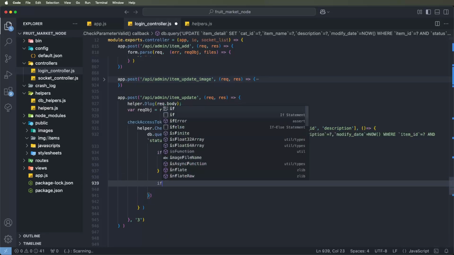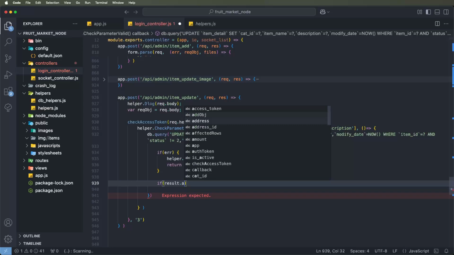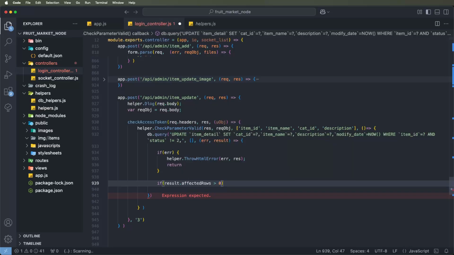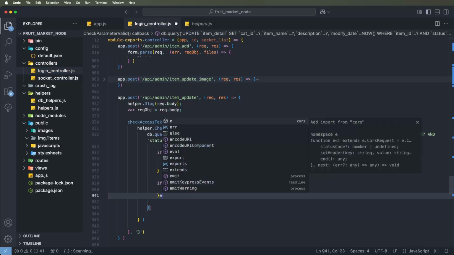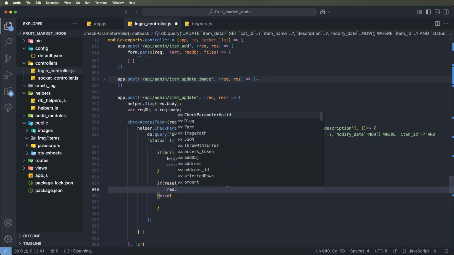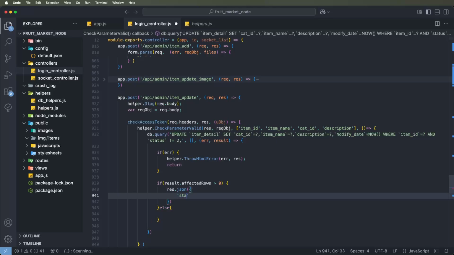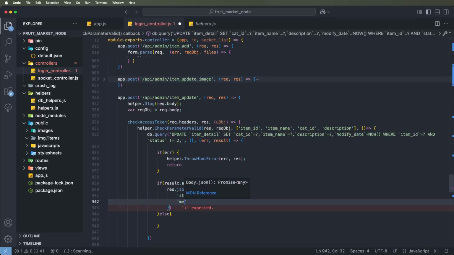And now if we get this here the result affected rows more than zero, means here it successfully updated inside the database, and to return this here the successful payload request dot JSON, and we need to pass this here the request, need to set here the one, and we need to set this here the message